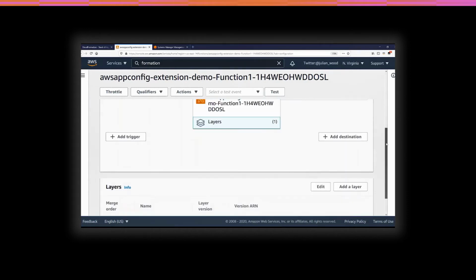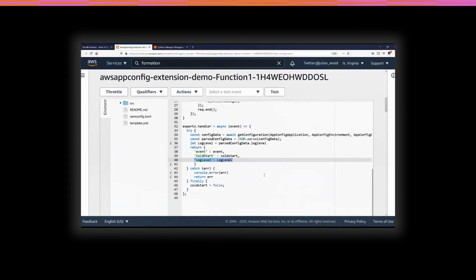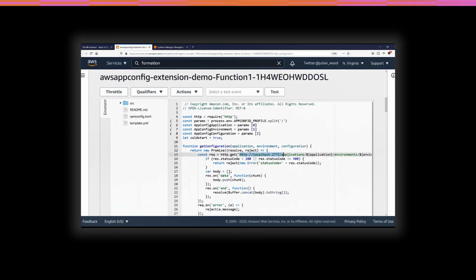Now, remember, the function is going to do a local HTTP call to retrieve the AppConfig configuration. There's no AWS SDK or CLI installed. It's just making a local call, which is fast, and the extension behind the scenes is caching the information from AppConfig. If I then do a test function invocation, which I can set up here in the console,